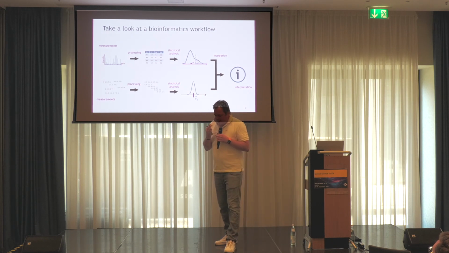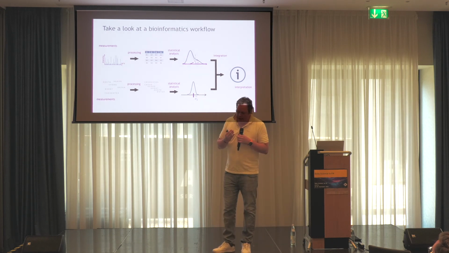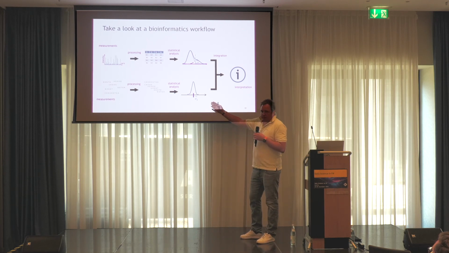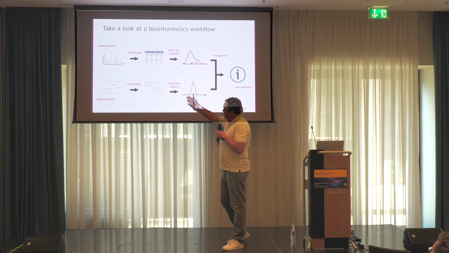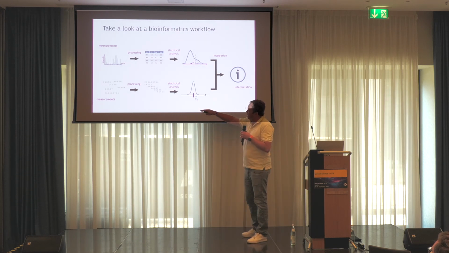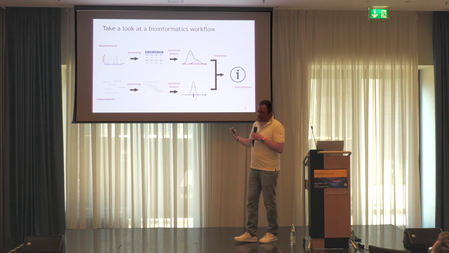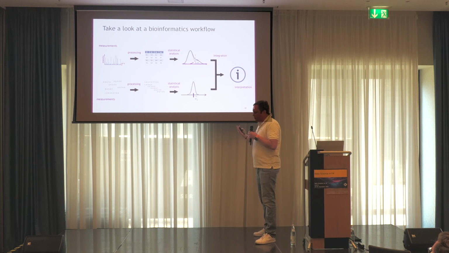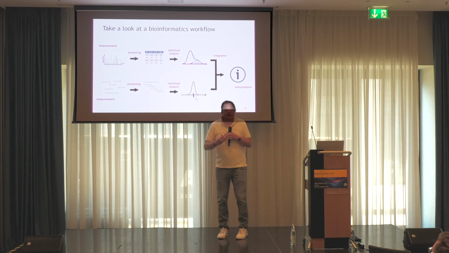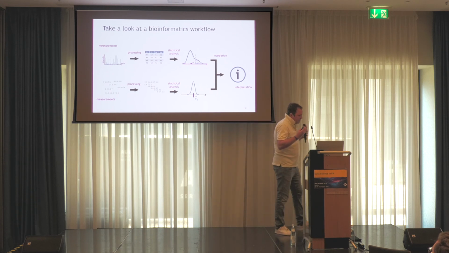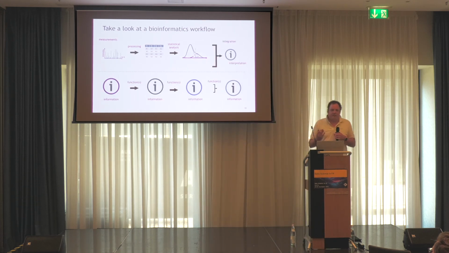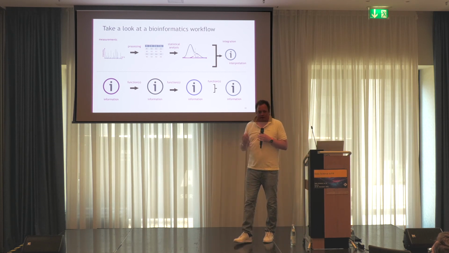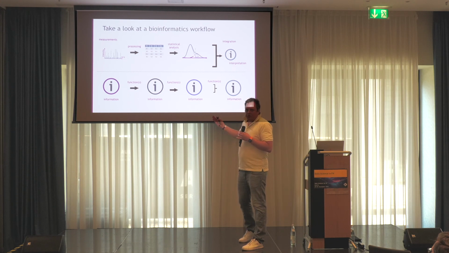I really looked at what we are doing in bioinformatic data science, and we always start with a measurement of a certain kind. You see a mass spectrum there, I will explain in a minute what this is, or some sequencing data. Then we process it, making value tables or data matrices out of it. Then we do statistical analysis, and then we integrate this and build hypotheses. And you immediately see that this is just information transformation by function, information transformation by function. So map reduce, basically, right?